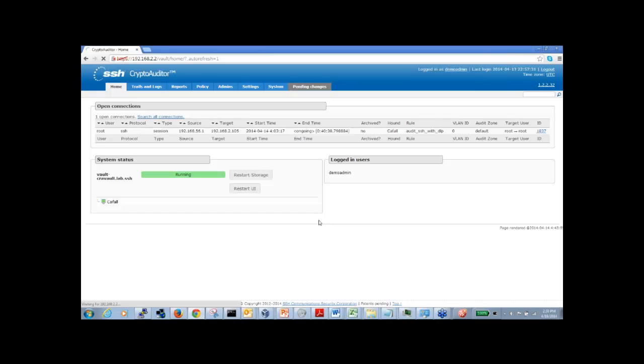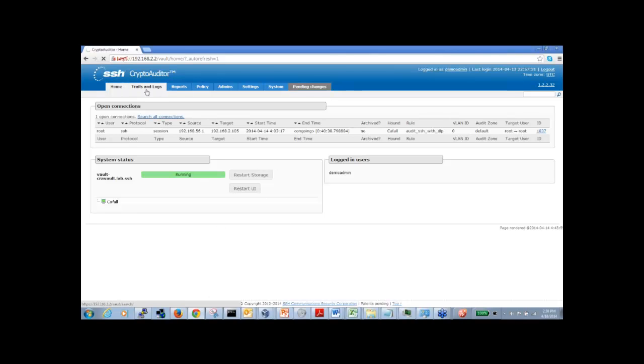You have 3 different modes for the hounds: bastion mode, which would work very similar to a jump box, a bridge, and a router. In this case, I'm running CryptoAuditor as the hound as a router, so I'm just monitoring all the traffic going from my workstation to the virtual environment.